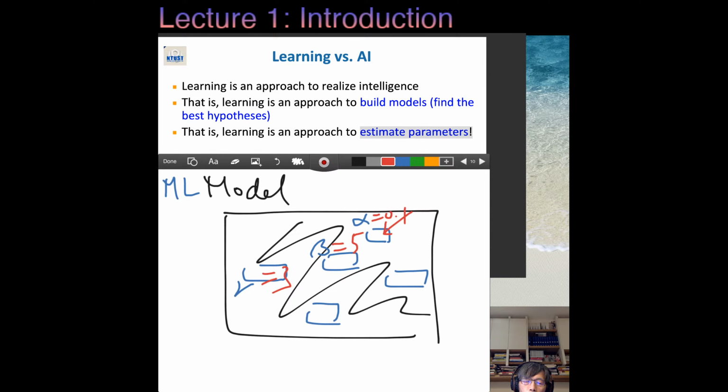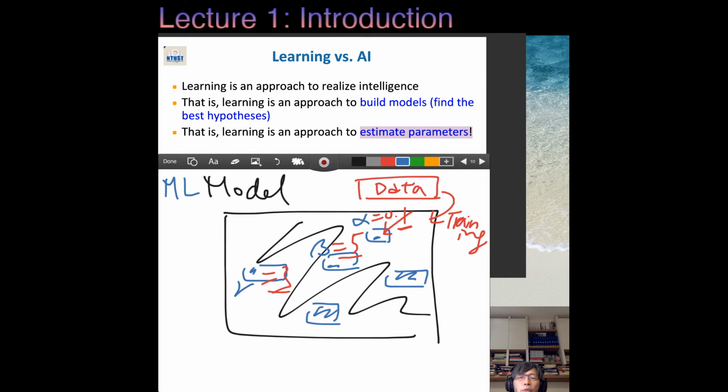So how to decide those parameters? It's up to a program. There's data, and based on the training process, we're going to decide those different parameters. So after that, in the end, we have all the things filled. They will become a complete model for us to do a prediction. So that's the basic concept of learning, or maybe parameter estimation, whatever you want to call that.